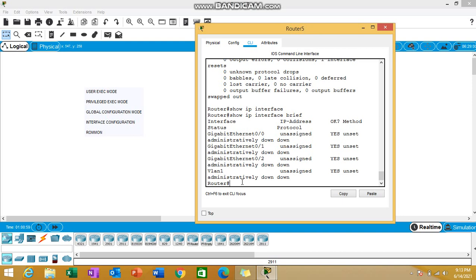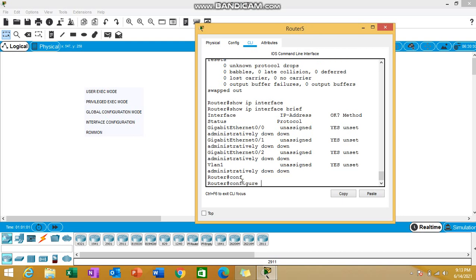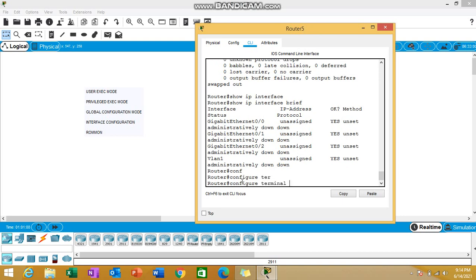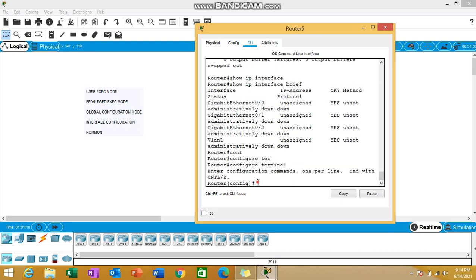Let's go to the next mode, which is global configuration mode, in which we configure our router. We need to write configure. Always make a habit of using the Tab key, right? It will complete the command for you. Configure terminal, press Enter. You will now find that we are currently in the router configuration mode because we got config written over there. And here, guys, we can write all the commands.